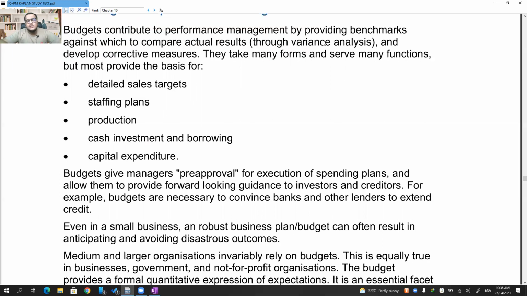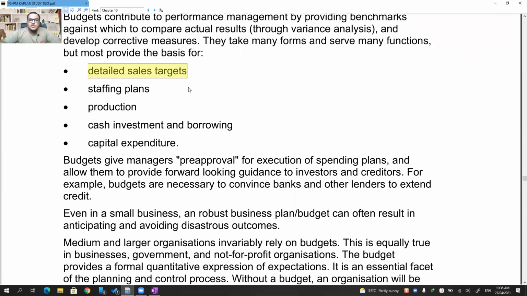So why do we need budgets? Basically, different examples they're giving you. You can give detailed sales targets by preparing a budget. You can tell them that, okay, these are the monthly breakups of sales targets. Each product wise, this is the breakup. Each product in each zone or each sales area or each POS, point of sale. So you can give detailed sales targets, broken down targets and all that stuff.